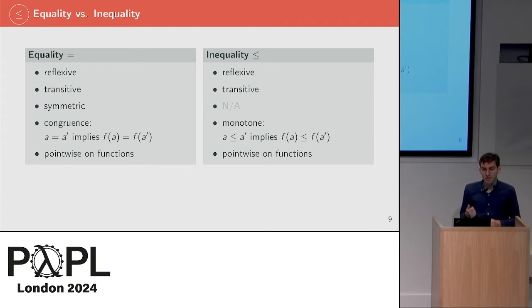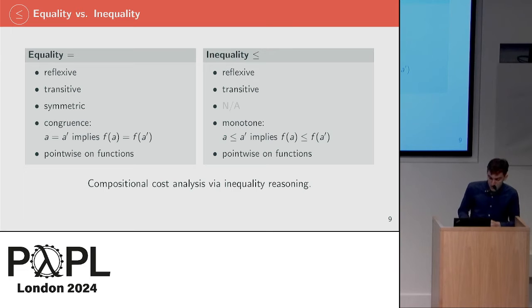So just to compare equality and inequality, they're actually quite similar. They're both reflexive and transitive. Equality is interesting because it's symmetric, whereas inequality, of course, isn't. Equality is a congruence and inequality is a monotone, different terminology for similar ideas, and they're both pointwise on functions. So since we have these nice reasoning principles, we can now compositionally analyze program cost using inequality